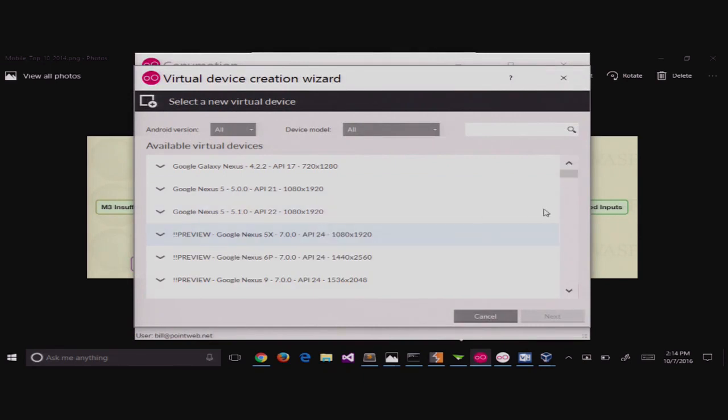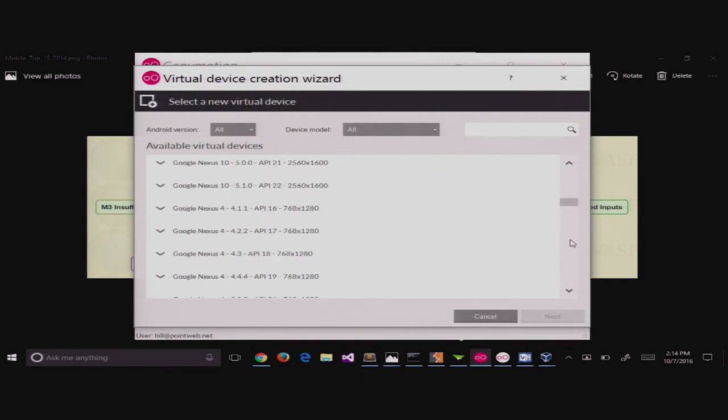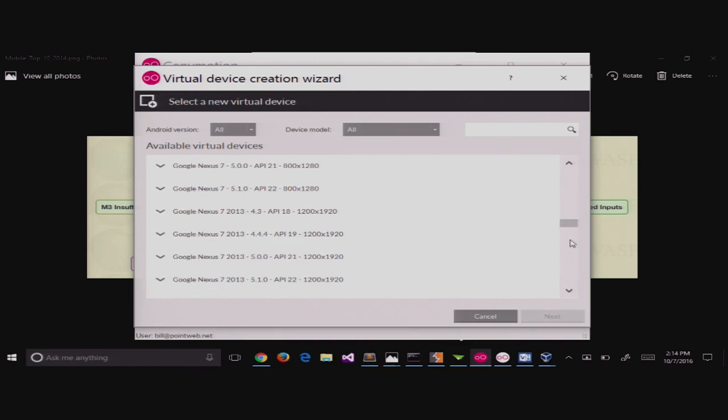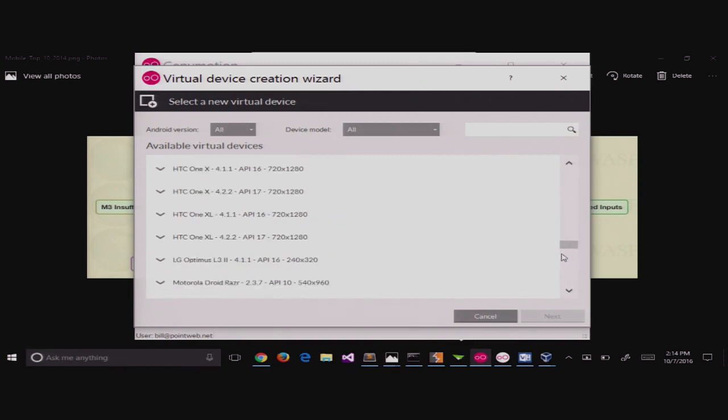Here they are: different versions of Android, different devices. These are the actual ROMs, unlocked, so you can root them and then install things that would get under the covers of the operating system normally.